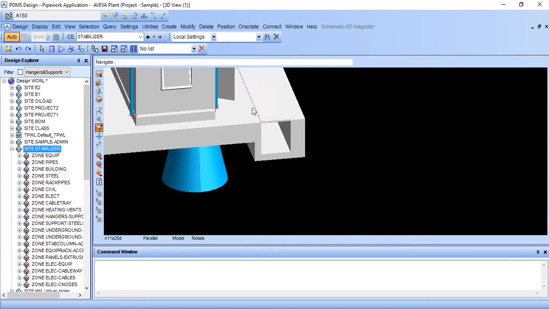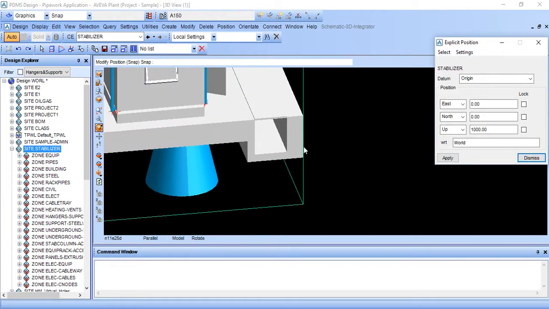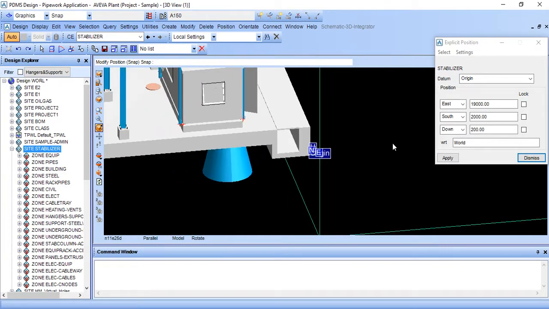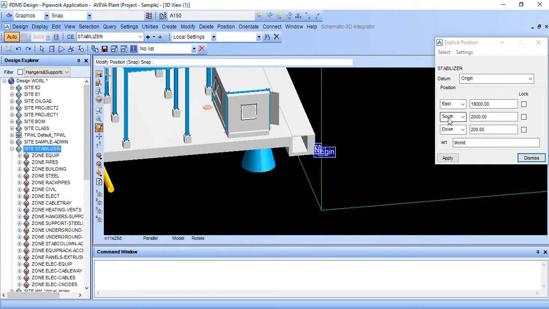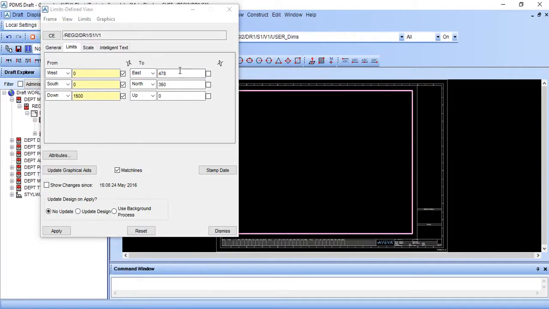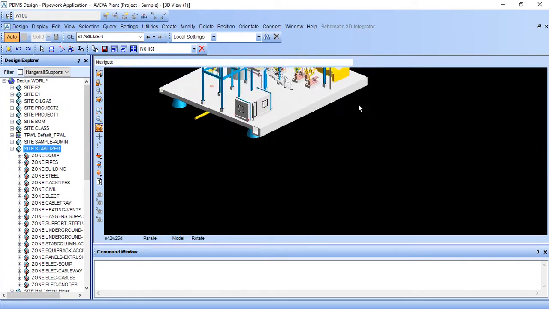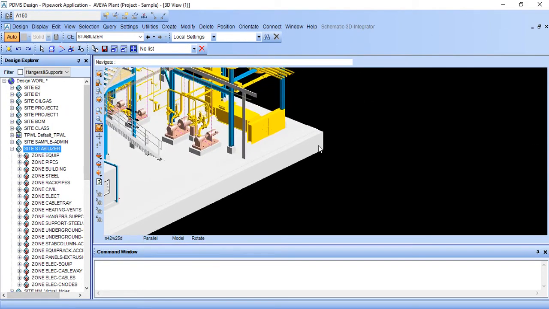Come to the east direction and explicitly select this corner. We are interested in the east distance, we are not interested in south and down direction. So east is 19,000. Type 19,000, check it, dismiss.